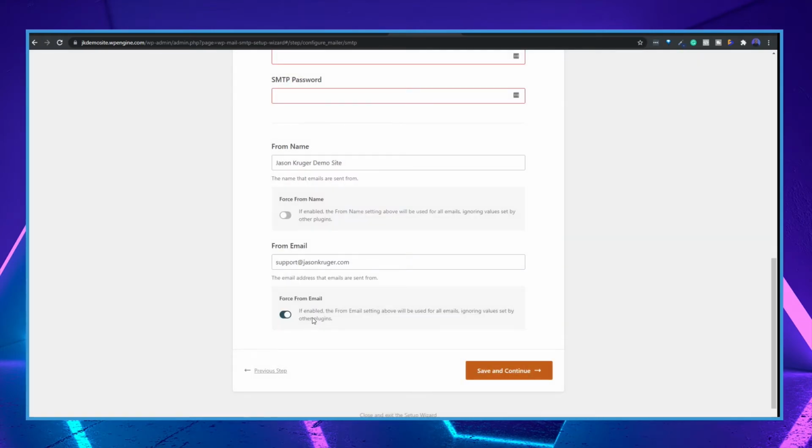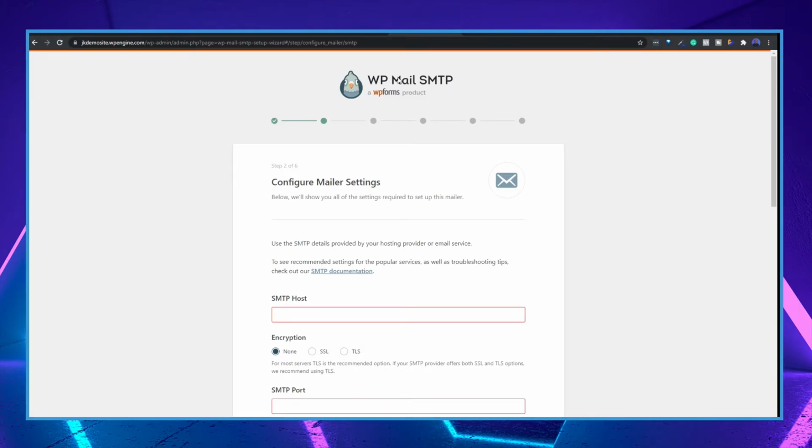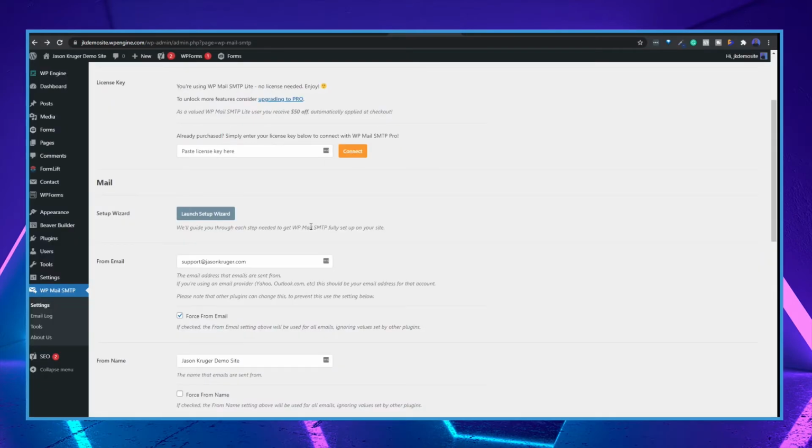What I'm going to do is come out of this because I don't have those details with me at the moment. So let's just go straight to the beginning again. So that's one way that you can do it. If you just go through the whole of the setup wizard, we didn't go through the whole setup because I don't have those details. But if you don't go through that, you can still set it up